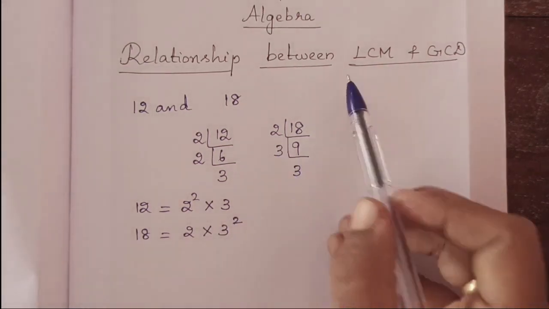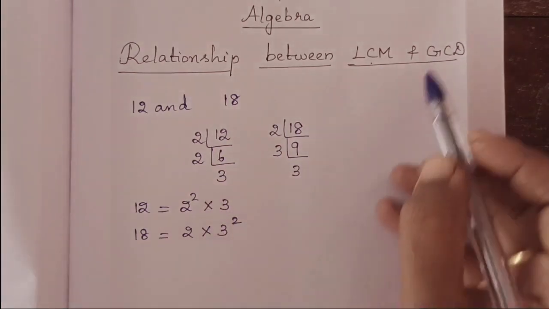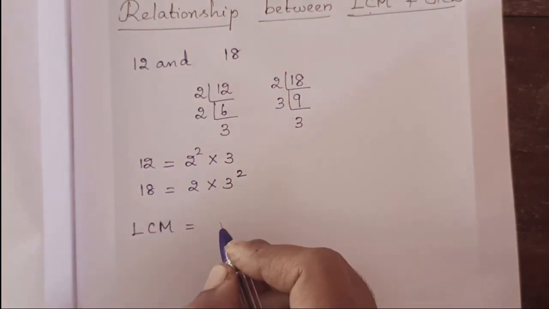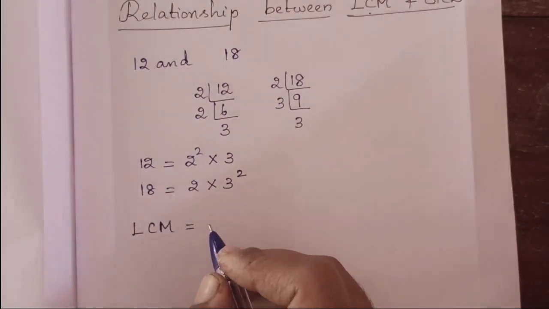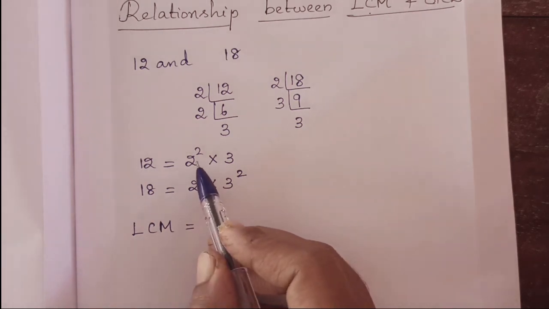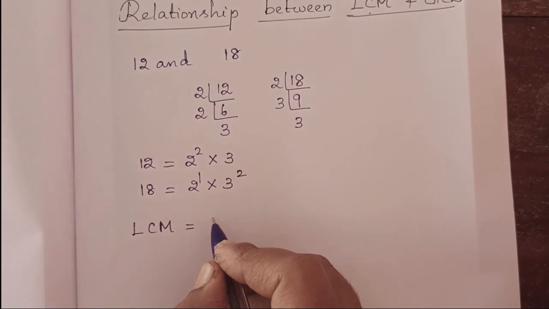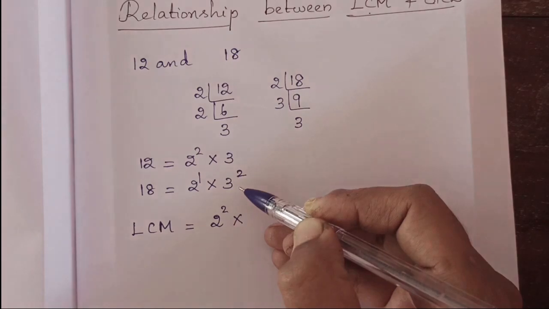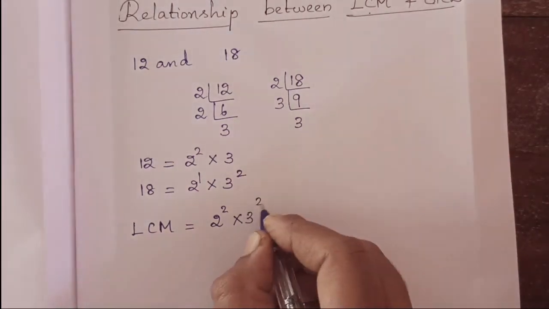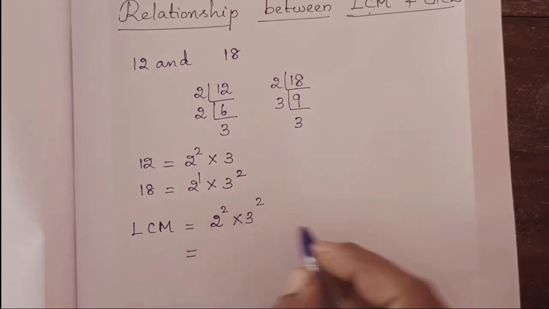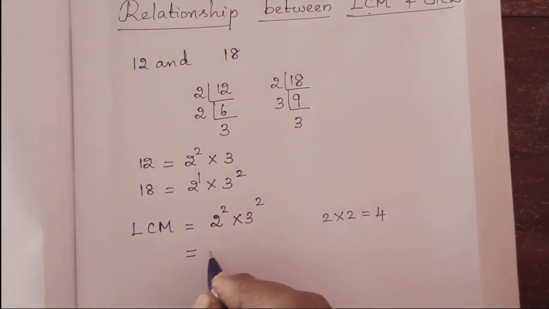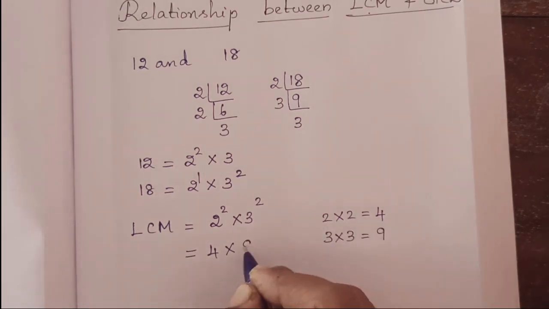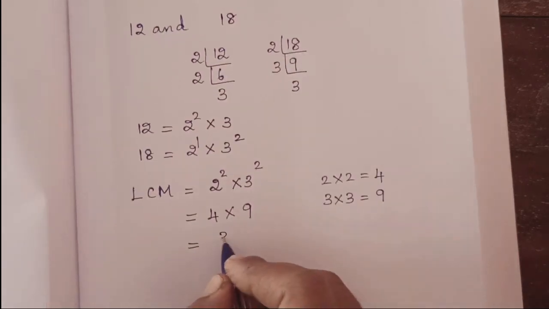And I am now going to find the LCM of these two numbers, then the GCD of these two numbers. So LCM is equal to, what is the meaning? We need to take the highest power only. So here 2 square and 2 power 1. So LCM is equal to 2 square into 3 power 1 and 3 square. Which is the highest power? 3 square. So on calculating, 2 square, 2 into 2, that is 4. And again 3 square, 3 into 3, that is 9. So 4 times 9, 36.